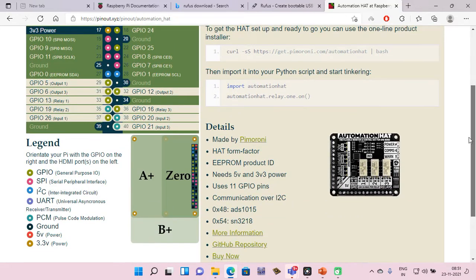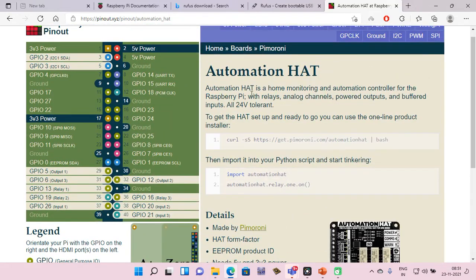Automation hat. This is the automation hat. Automation hat is a home monitoring and automation controller for the Raspberry Pi with relays, analog channels, powered outputs, and buffered inputs, all 24-volt tolerant. To get the hat set up and ready to go, you can use the one-line product installer. Just use the one-line command on Raspberry Pi.